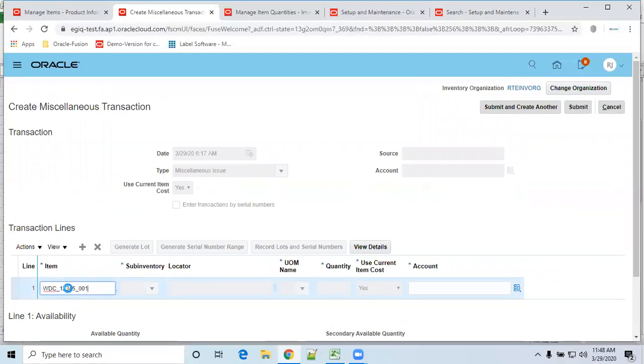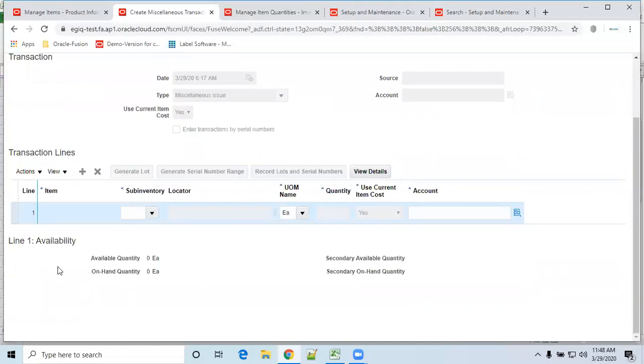Okay. See, available is 0. So the system won't allow the relationship between the miscellaneous things, but the relationship will work when you are receiving the goods, or when you are doing the creation of a sales order for the customer.